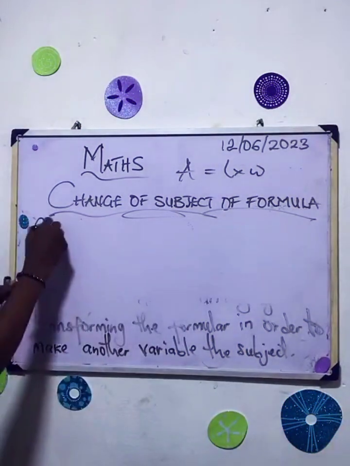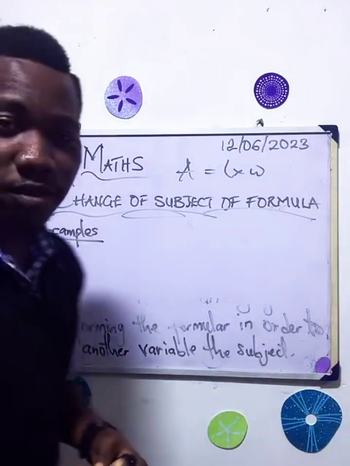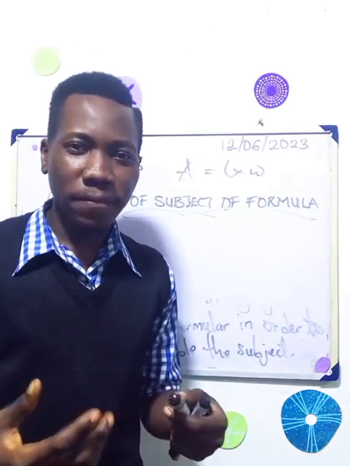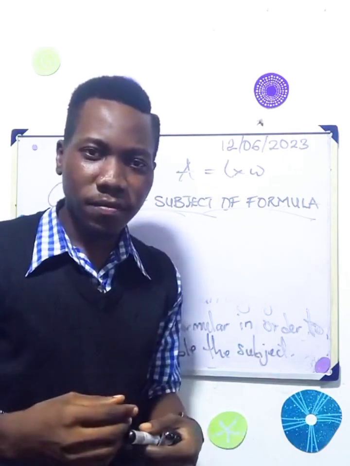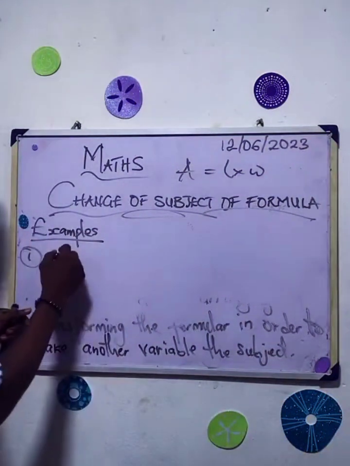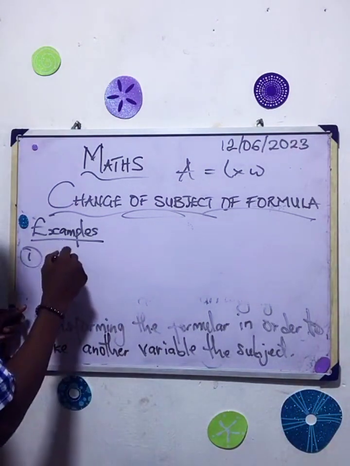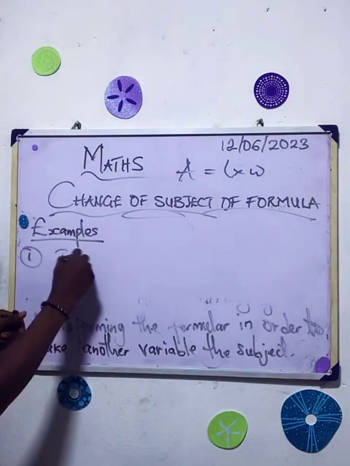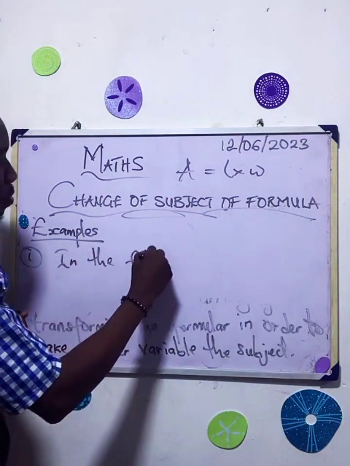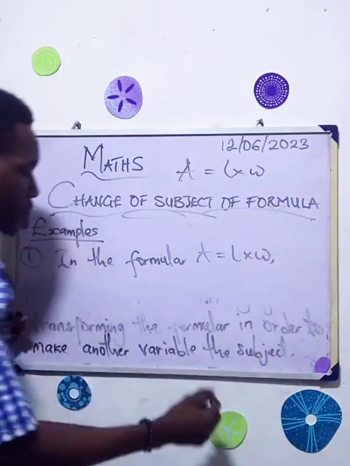So examples. Number one. Now when it comes to change of subject of formula, a lot of what we've learned so far will come into application. Let's see how it works. So example number one. Let's start with this one. Let's use this formula. In the formula, A equals L times W,